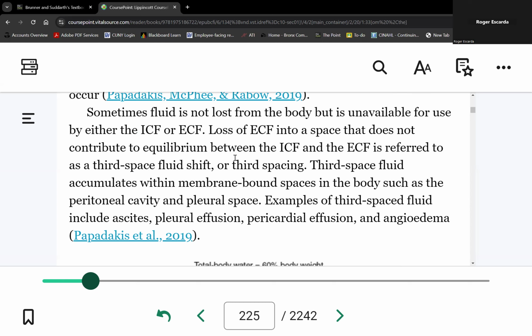It's either caused by hydrostatic pressure, meaning if you have fluid overload and the blood vessels have reached their limit as to how much fluid they can hold, water will leak out of blood vessels. They can leak out of arteries, veins, capillaries, or even lymph vessels. You follow so far? That's one way to push water out into the interstitial space, through hydrostatic pressure, meaning increased water pressure inside blood vessels. That usually happens with fluid overload conditions or